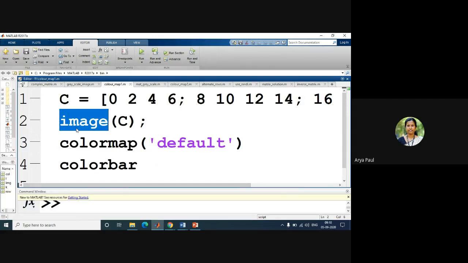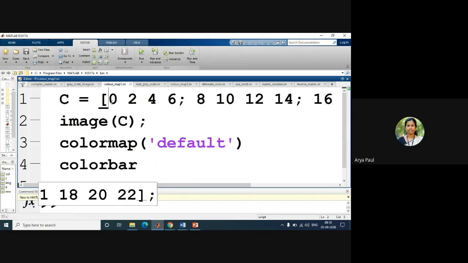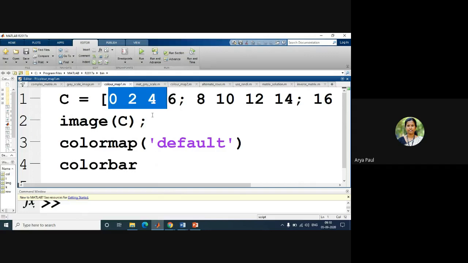What is this function called image? Image of C will present this matrix's values as an image. These values will be taken into account for creating an image.